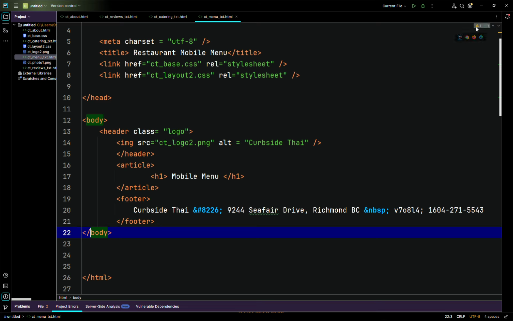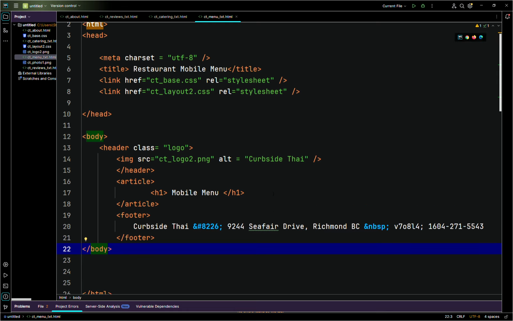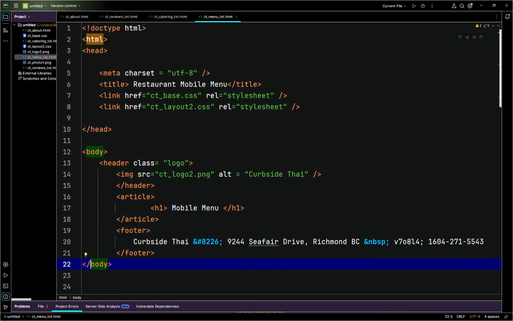So I'm just going to check if this runs. I'm just going to click the run button in the top right corner. So it seems to be running. Centered in the page we have the logo and then the information, the footer underneath. Okay, so now we'll